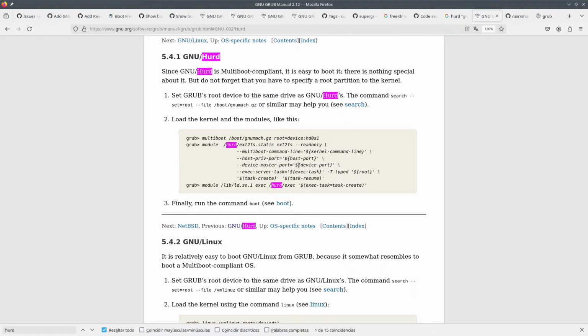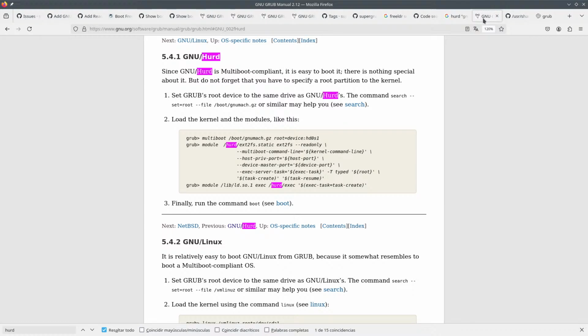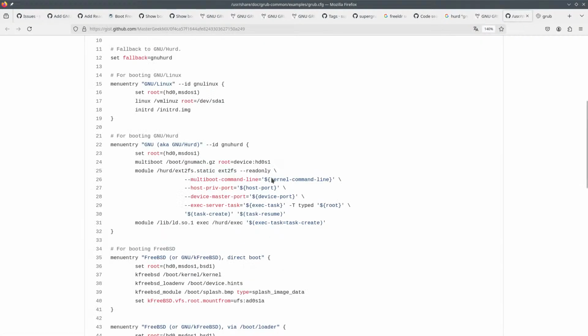Then it's very interesting how this is kernel command line, device port, host port. Here you have exactly the same thing, but it's interesting how everything here is with single quotes. So I guess that you're supposed to write all of this like this, and that's it. So ext2fs root, task create, task resume.